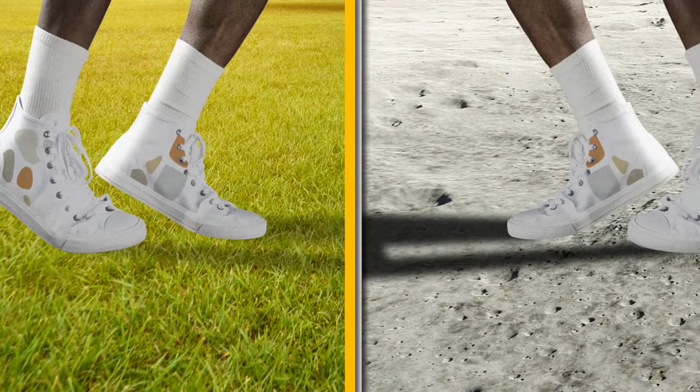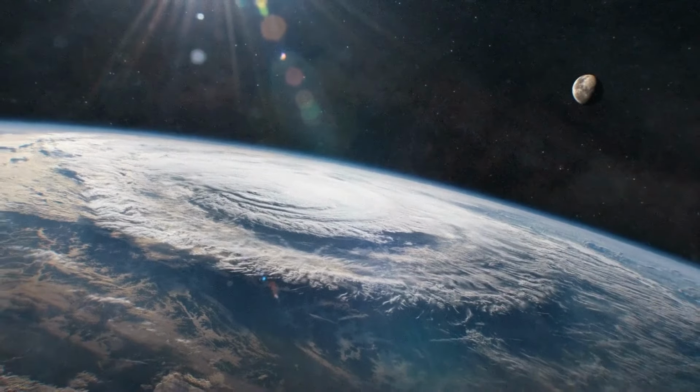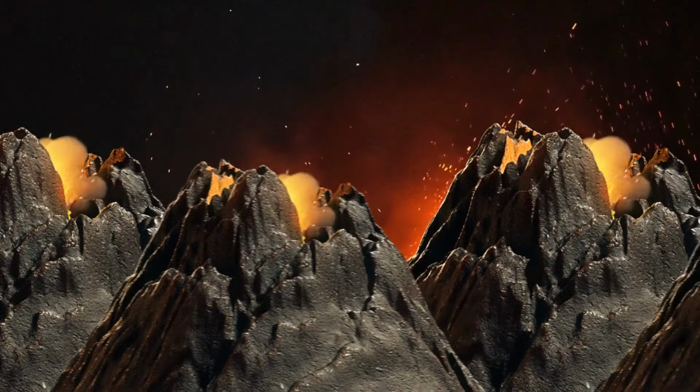If you're standing on the surface of the Moon, your shadow will be darker than on Earth. This is because there's no atmosphere to scatter light and create lighter shadows. One of Jupiter's moons, Io, has